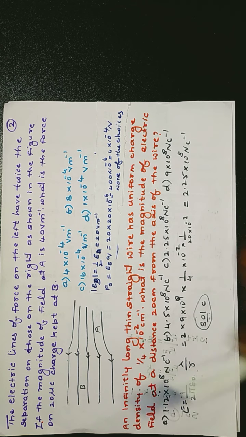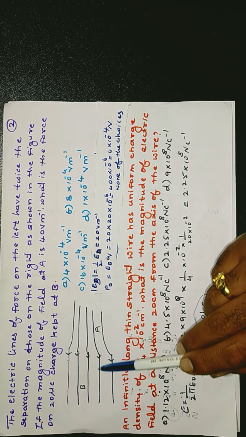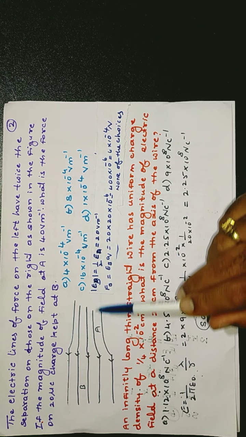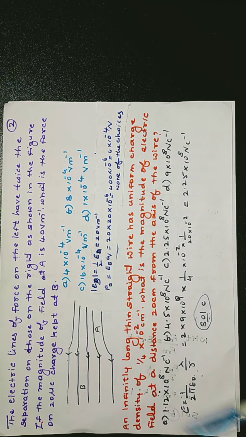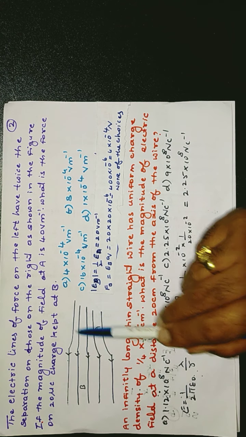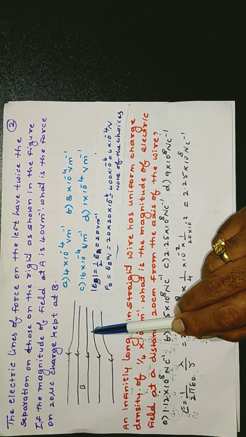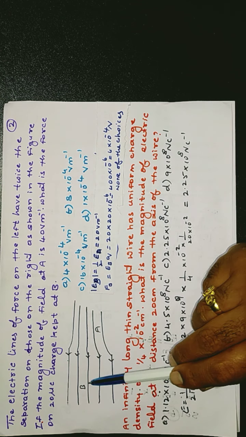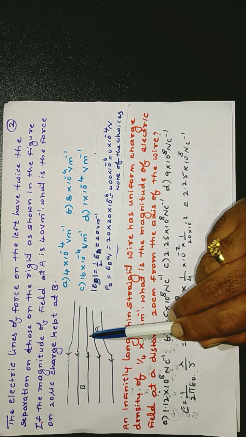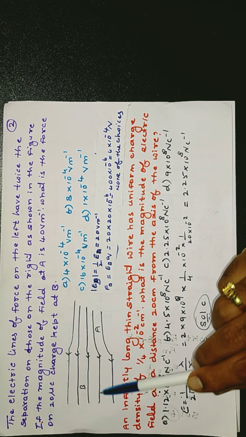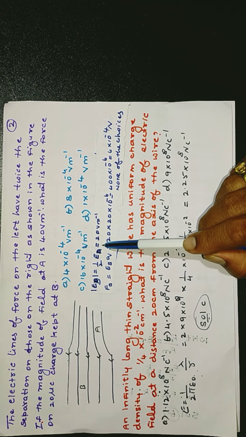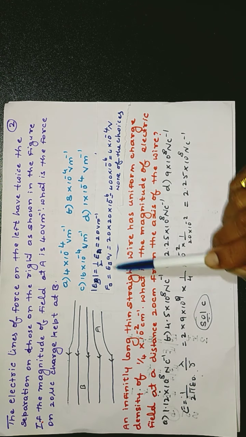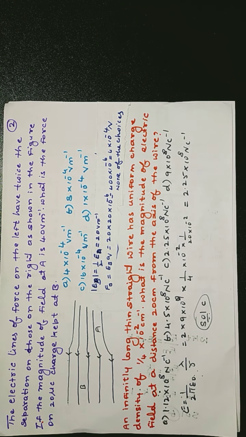So now what is the impact of separation? See, the closer the electric lines of force, the greater will be the electric intensity. So you can say the magnitude of electric field at B is half the magnitude of electric field at A, because the electric lines of force at A are closer. So the electric field intensity is more at A compared to B. How many times? 2 times. So electric intensity at B is half that at A. At A it is said to be 40 volt per meter. So it will be 20 volt per meter at B.